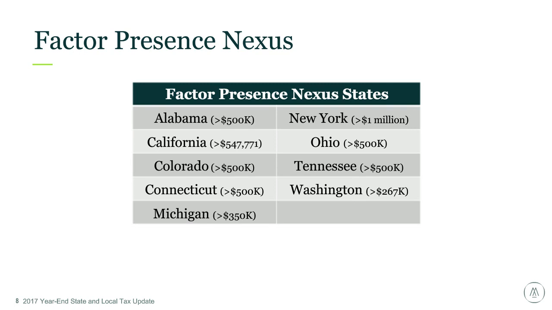And the other ones, the most common threshold is $500,000, but New York is at $1 million, and Michigan is at 350, and Washington has the lowest threshold, which is for its B&O tax, or business and occupations tax, at 267,000. Tennessee is the newest member of this club with its $500,000 threshold, and an interesting point for Tennessee is